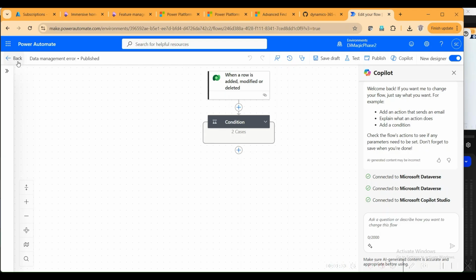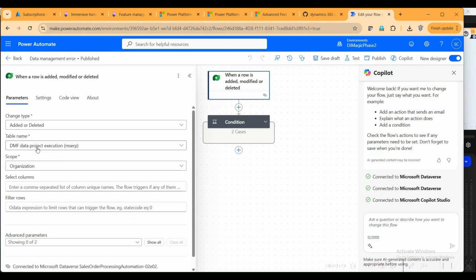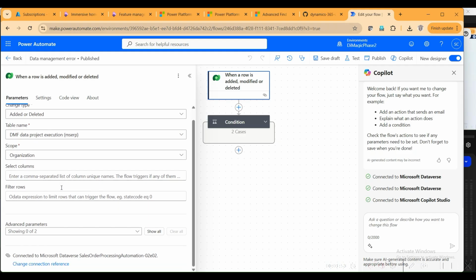So say, for example, I've created a very simple flow, which says that whenever a row is added or modified or deleted. When I'm saying that, as you can understand, it's a Dataverse event in my Power Automate flow. And for that, what I've done is I have enabled DMF data project execution, which is also a virtual entity, as visible. I have enabled this virtual entity to be visible for data sharing between CE to F&O and vice versa. And I have set the scope as organization, which means